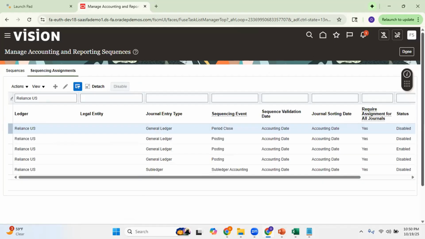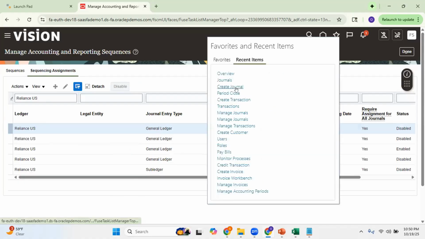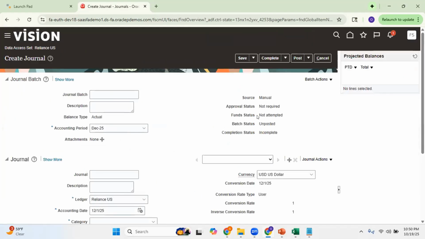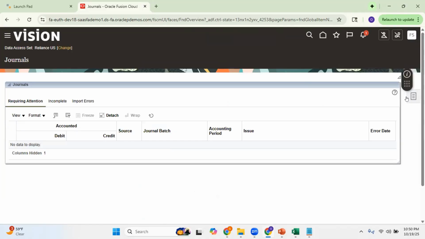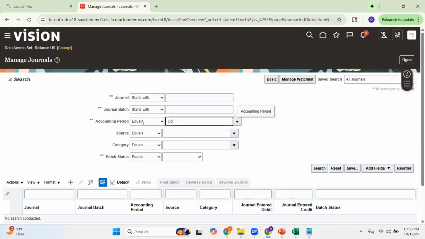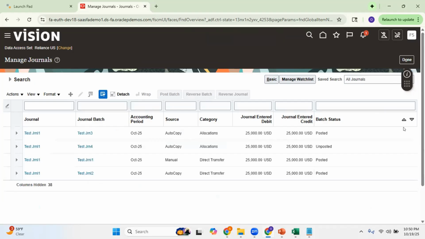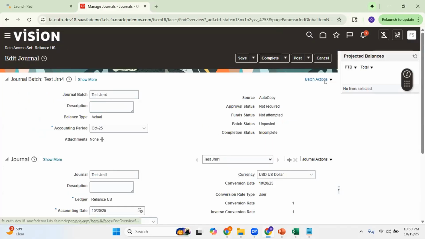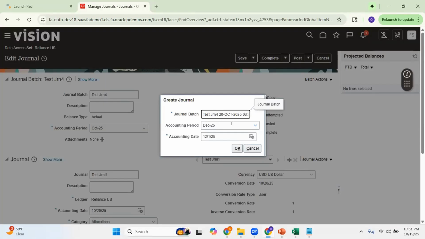So now let us go back to our journal entry screen, create journal entry, or we can search for our earlier journal entries and then copy one. So let me go to manage journals and search for any of the journal entries which were created in October 2025. So probably I'll use this one, and now let me copy this. Test journal 5,